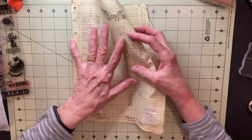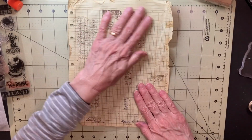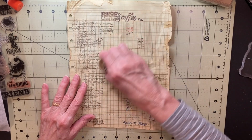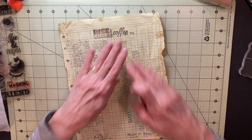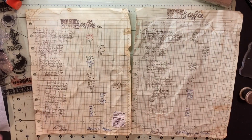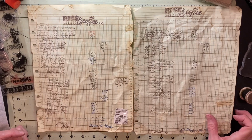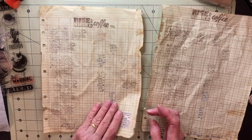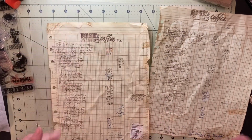So I think this needs a little something out here in the middle, just to kind of wrinkle it up a little bit. Okay. The Rise and Shine Coffee Company. There's my original, and there's my second go-round. Let me know what you think. It's kind of torn and tattered. Maybe it needs a little more tape on it. I don't know. But if you put too much tape in, it starts looking funky. So anyway,